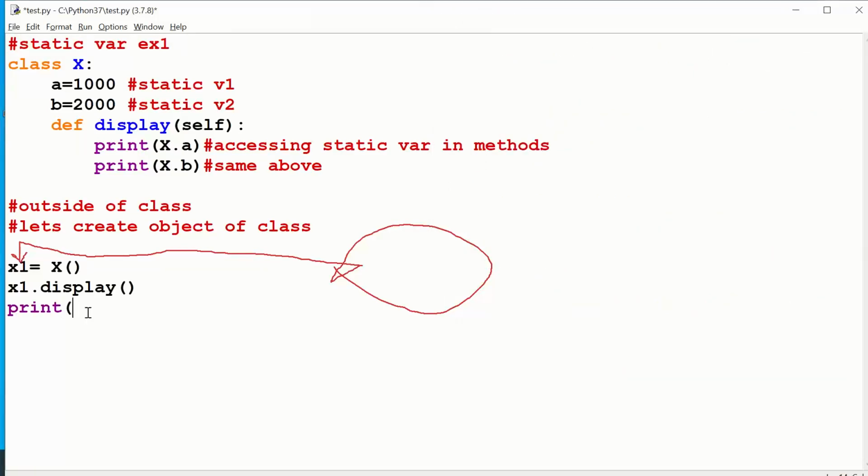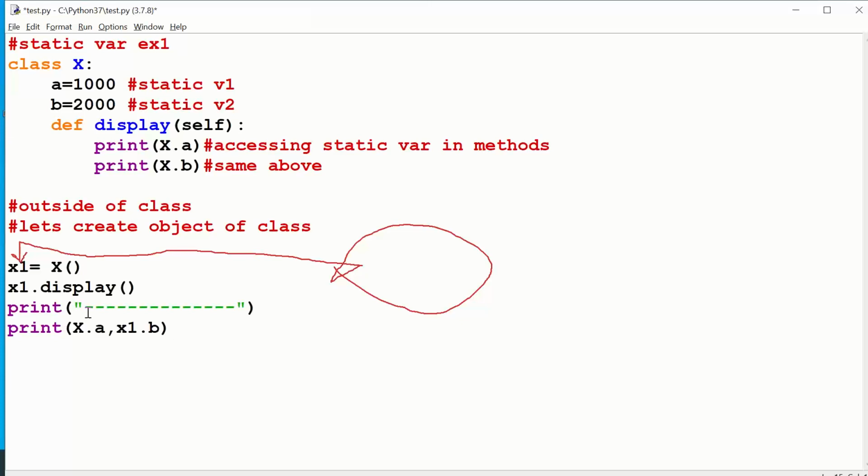And now I will give a simple print line. And you see, I am going to call my static variables outside of the class. Last point, how do we call static variables outside of the class? Using the class name I can call, using a reference variable also I can call.